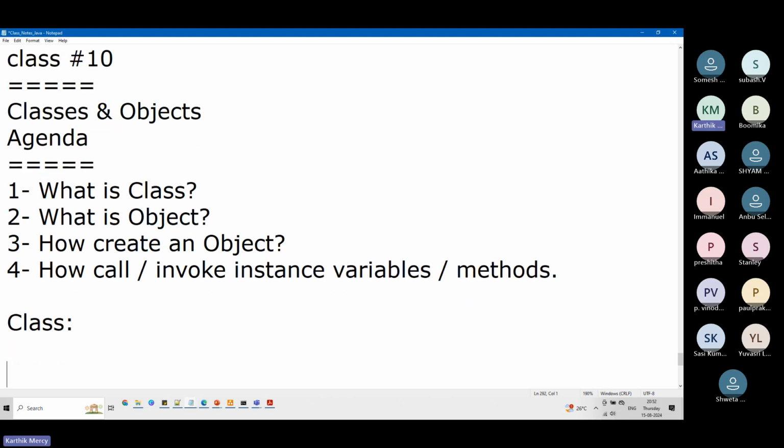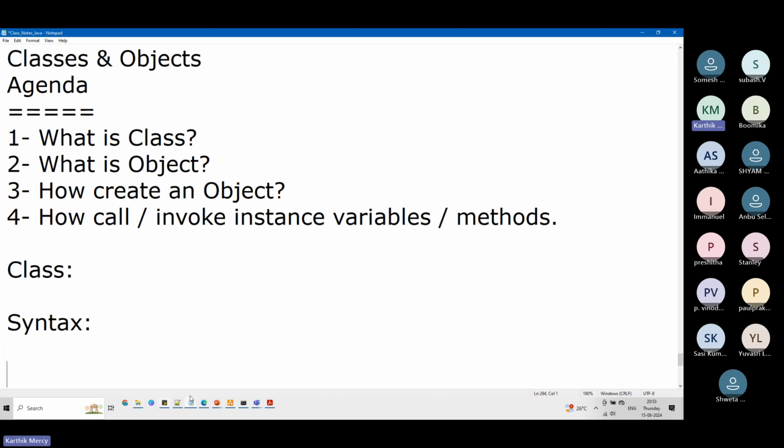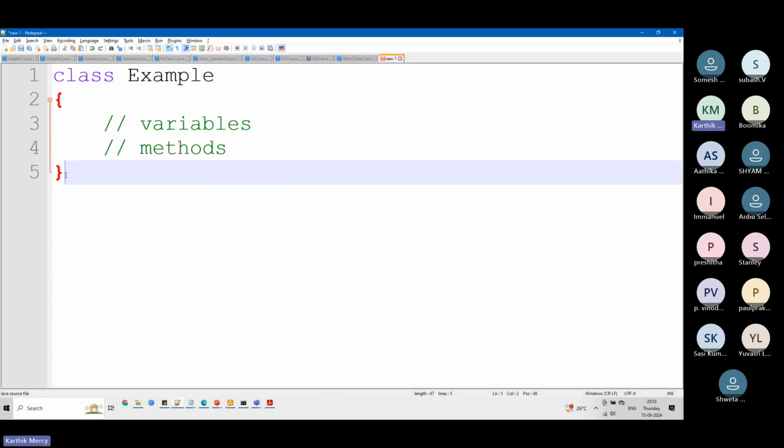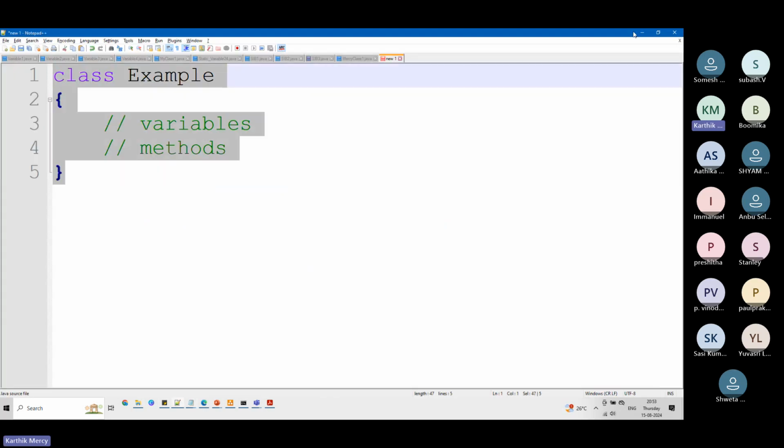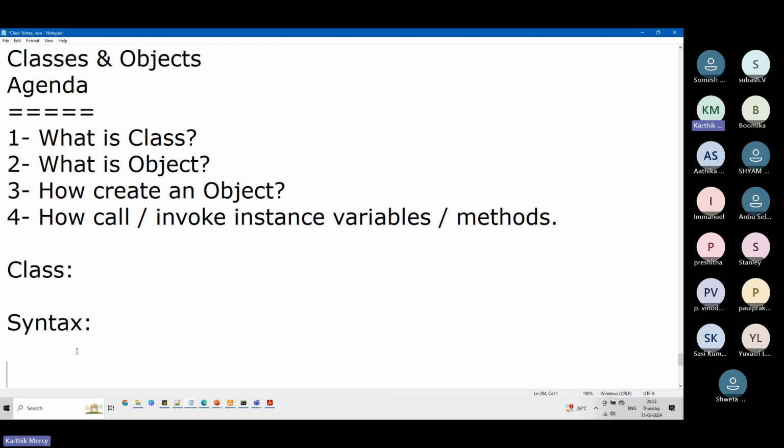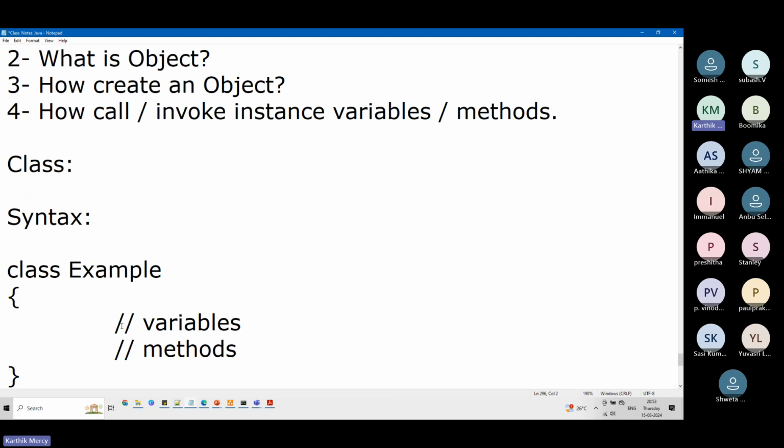Class, and what is the syntax? I'll copy this part, and I will say, this is my syntax.